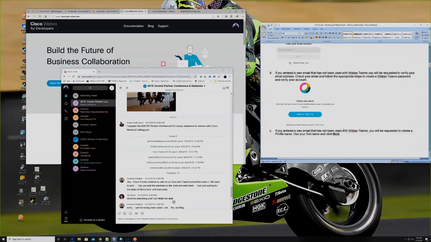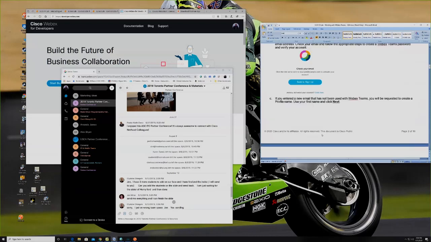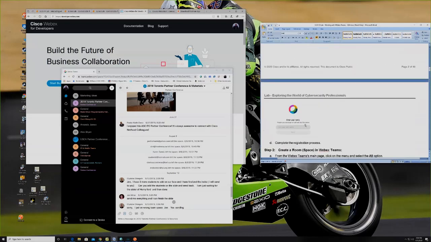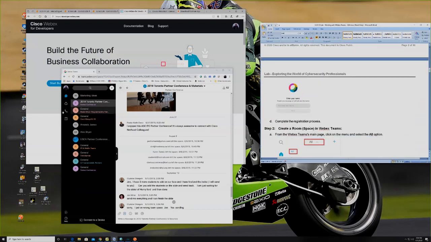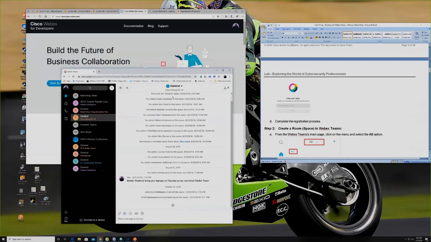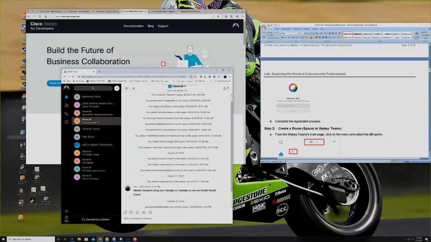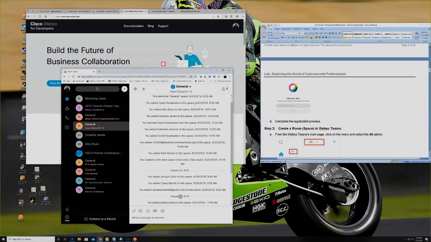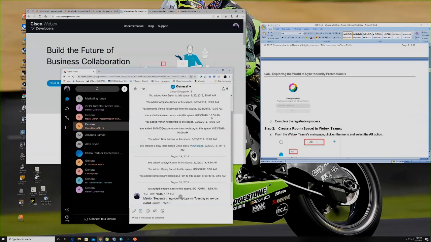Some of you may already have an account. If you can remember what your password is, or if you want to say, hey, I forgot my password, send it to me, go ahead and do that. But you're going to need a WebEx account, whether you create a new one or use one that we created. Because the one we created actually was